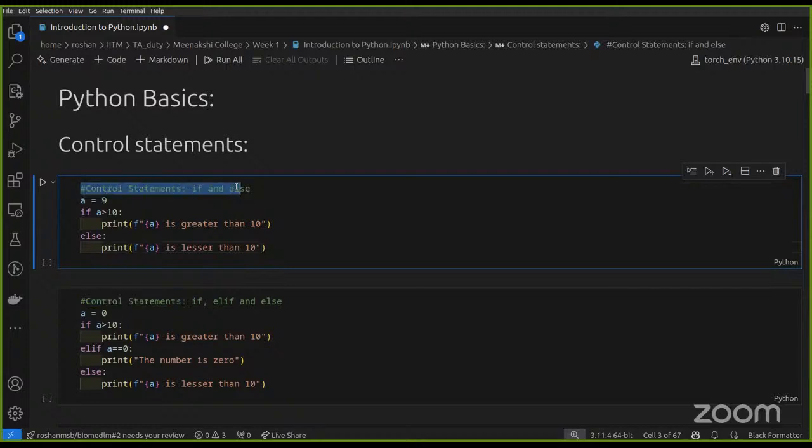So we'll start with something called control statements. Okay, so I'm assigning a value of 9 to the variable name A. And there are two different control statements, if and else. So here I'm checking, okay, if A is greater than 10,